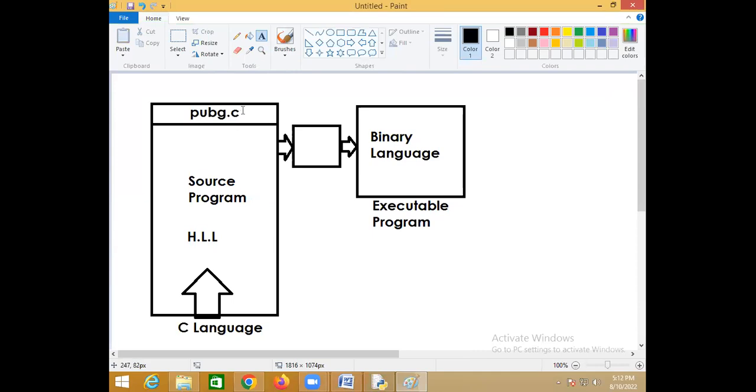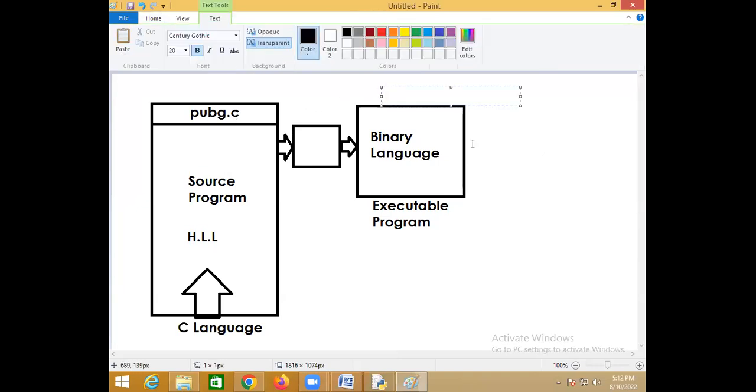This game is written in C language. You translate this, and it will generate binary code, and this binary code is executed by the computer. Now this is PUBG.C, and after translation, you'll get which one?